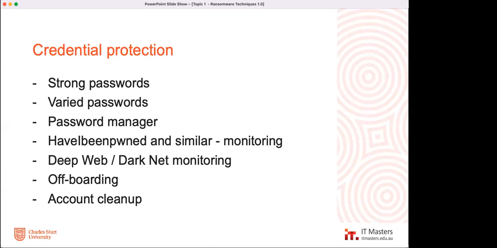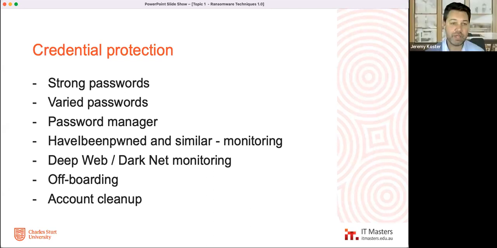Great. Okay, so for each of these live sessions, I'm going to be talking about the stage of ransomware. We've talked about initial infection. We talked about getting a beachhead, getting a presence in the organization, how they actually penetrate in. The protection measures for that I'll be going through. Next week, we'll be talking about lateral movement, how to protect against that, and so on and so on. So the first thing I want to talk about is credential protection. We talked about passwords first, that first line of defense. We need strong passwords, right?